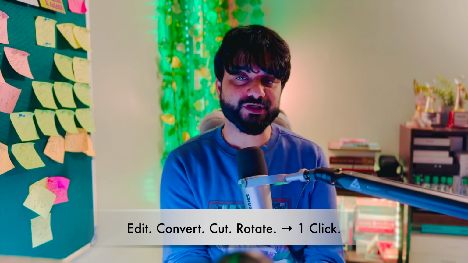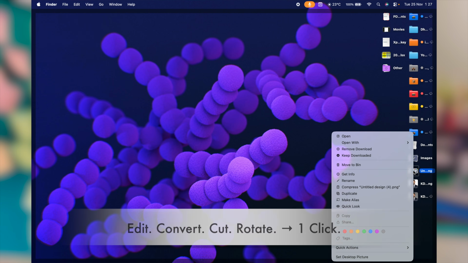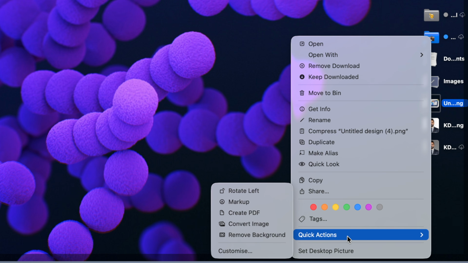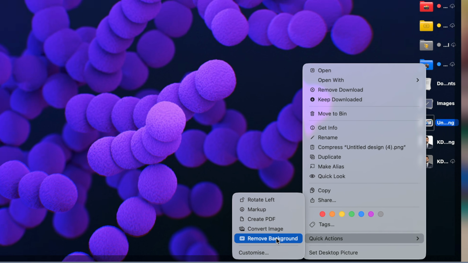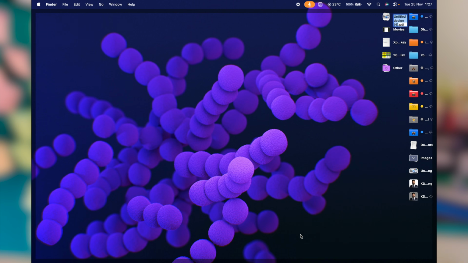This is one of the most underrated Finder features, quick actions. You have a photo, you have a video. Make a right click and look for quick actions. Here we have the options to rotate the file to left, mark up the file, create a PDF, convert image, or remove the background. If you wish to create a PDF with this photo, this image,